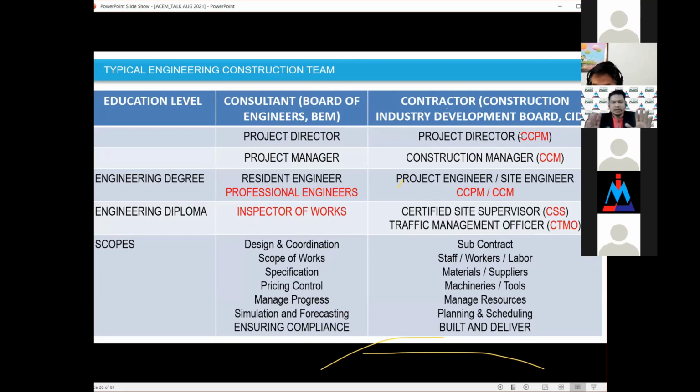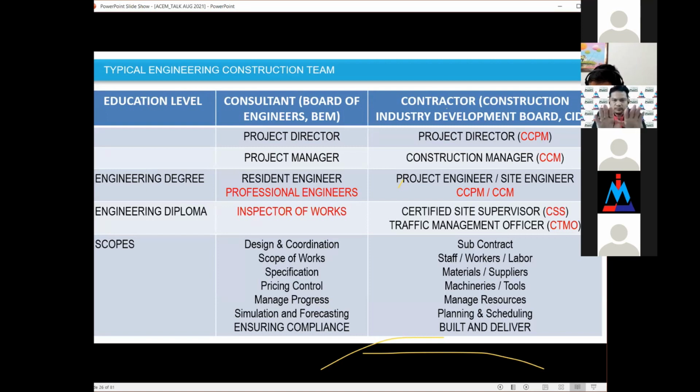When we see this, I don't put client over here because the client can become both. They can become PE and construction personnel at the same time. But the idea of having this is to split the function of our construction personnel, either coming from the consultant background, becoming the project supervision from the consultant's point of view, or the contractor supervision team from the contractor's point of view.